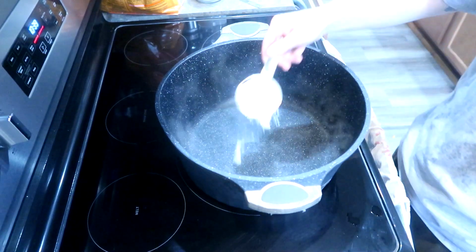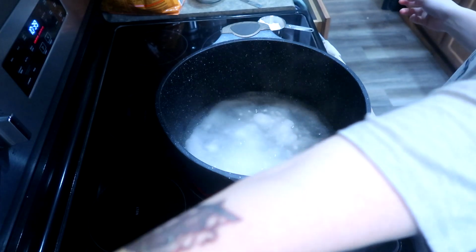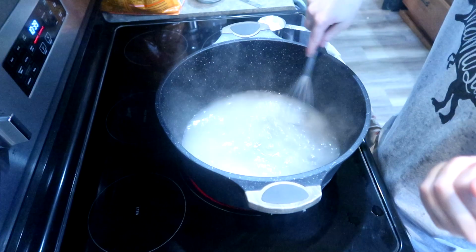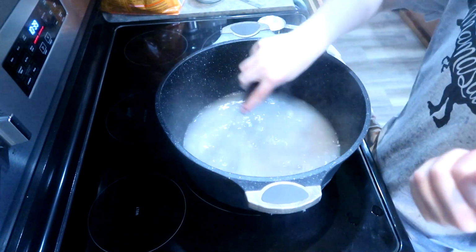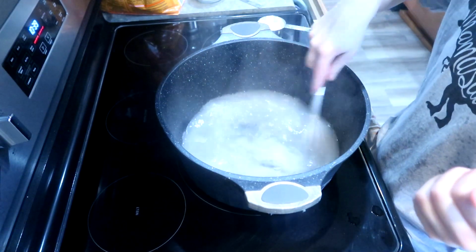Today I'm sharing with you guys how to make the easiest laundry detergent without all of the chemicals and without all the nasty things that we're all trying to avoid these days. You're going to start with adding 4 cups of water into a pot on your stove and bringing that up to a boil. Once that gets hot enough where it's starting to boil, you're going to start slowly adding in